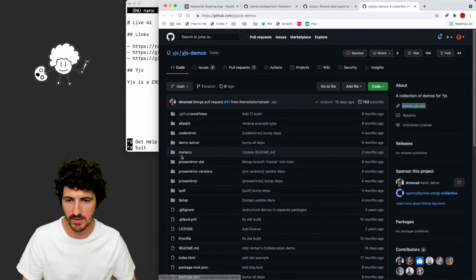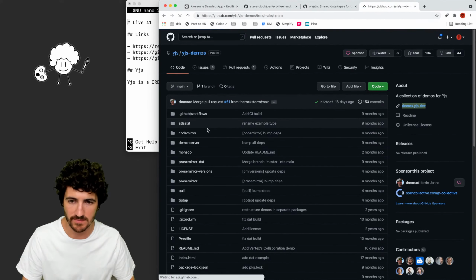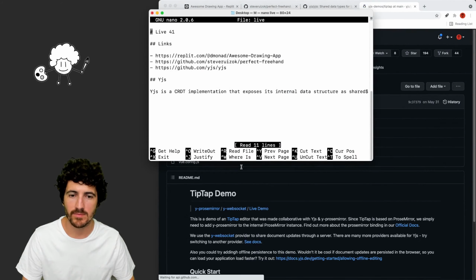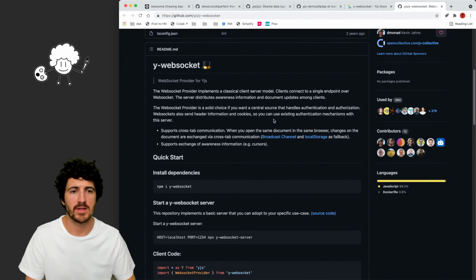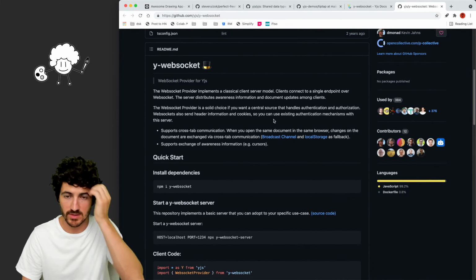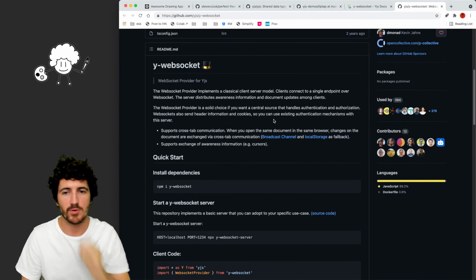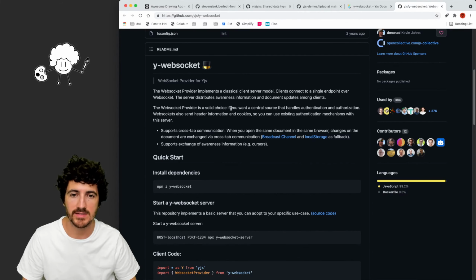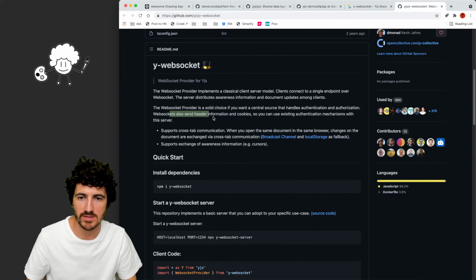So I guess we can take a look at how this is built really quickly so we get a bit more familiar. The WebSocket provider implements a classical client-server model. Clients connect to a single endpoint over WebSocket. The server distributes awareness information and document updates among clients. The WebSocket provider is a solid choice if you want a central source that handles authentication, authorization. WebSockets also send